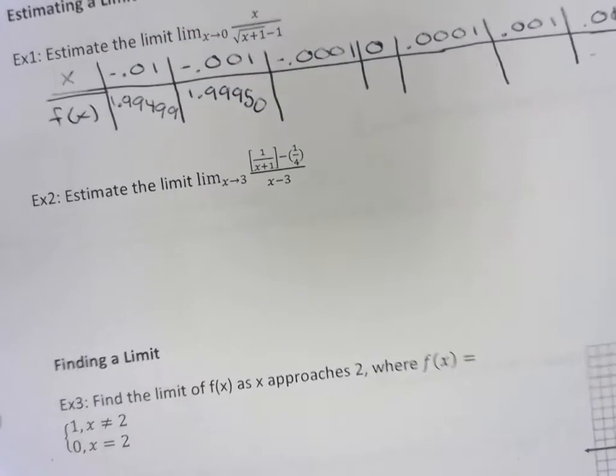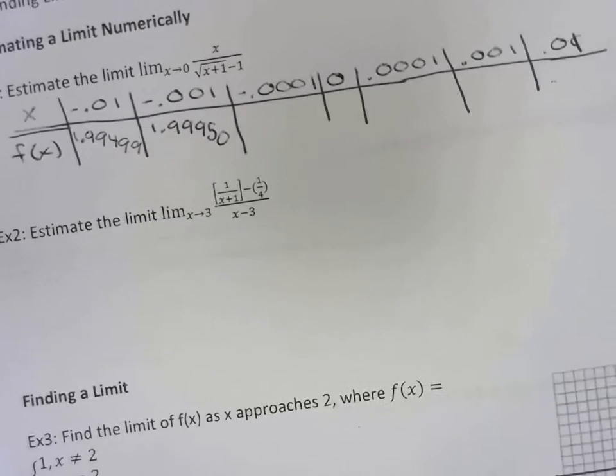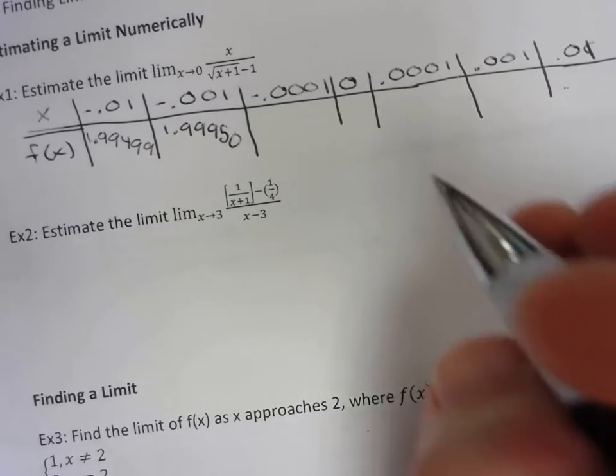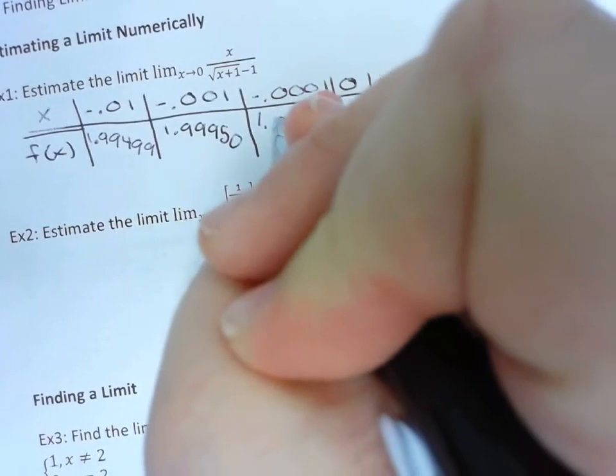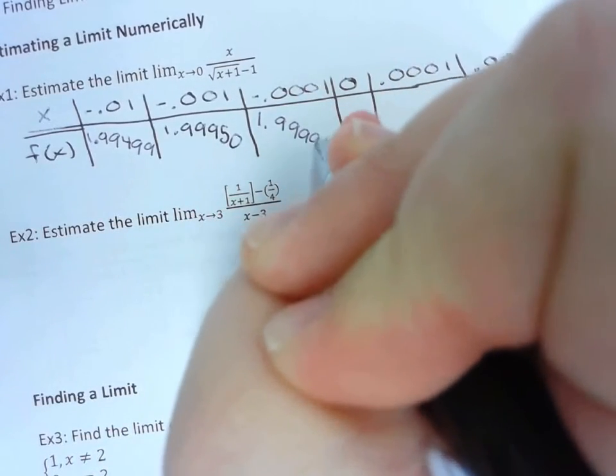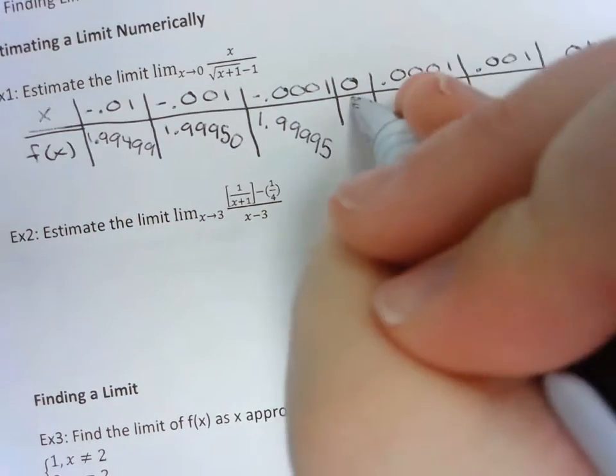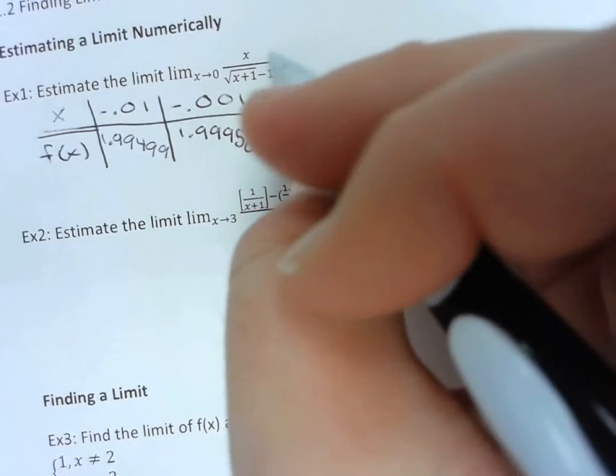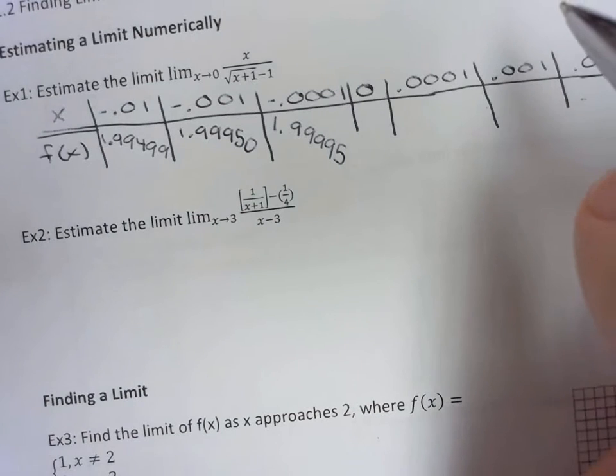Now, I'm not going to do the rest of them when I plug them in, but as I go through them and plug the rest of them in my calculator, we're going to get 1.99995. 0 you can do in your head. If I plug in a 0, we're going to end up getting